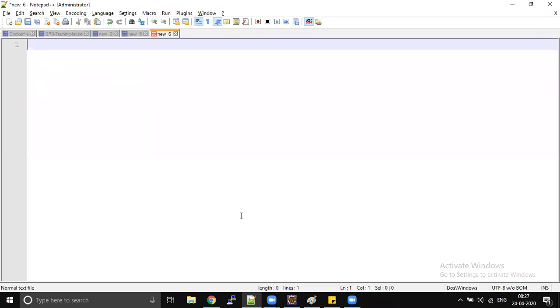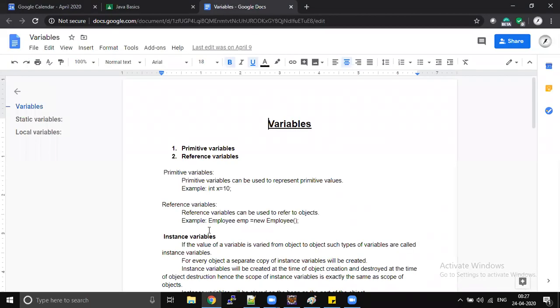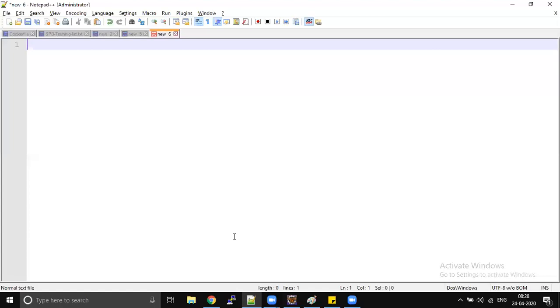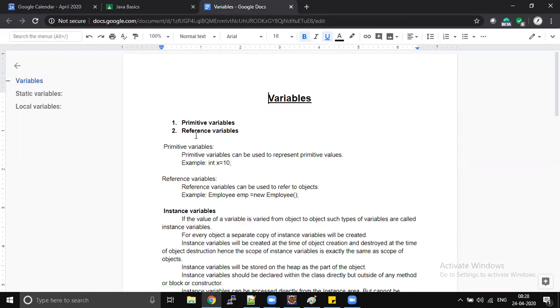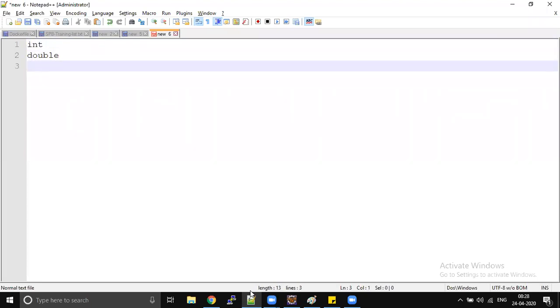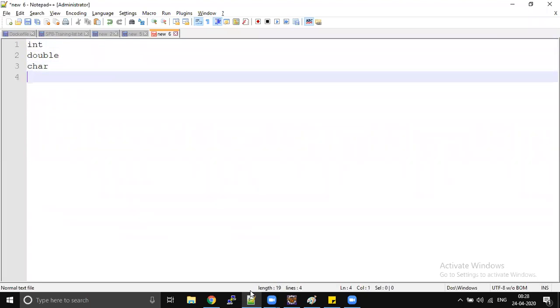Yeah, let's start, guys. Let's start with a very basic fundamental, which is variables in Java. Any data you want to store in Java, memory allocation happens with respect to variables. There are two types of variables. One is a primitive variable, where you assign the data like int, double, char.